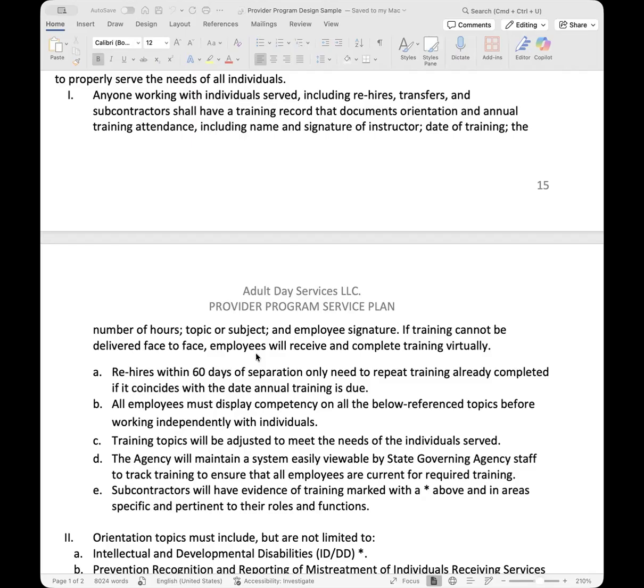So if you decide to go the online way, it's not to say you can't transfer over to the classroom way. But definitely you have two types of training options. The one thing that doesn't change is you have to train them with the same information, and you still have to make sure they have that training record with all of these checks and balances on there.